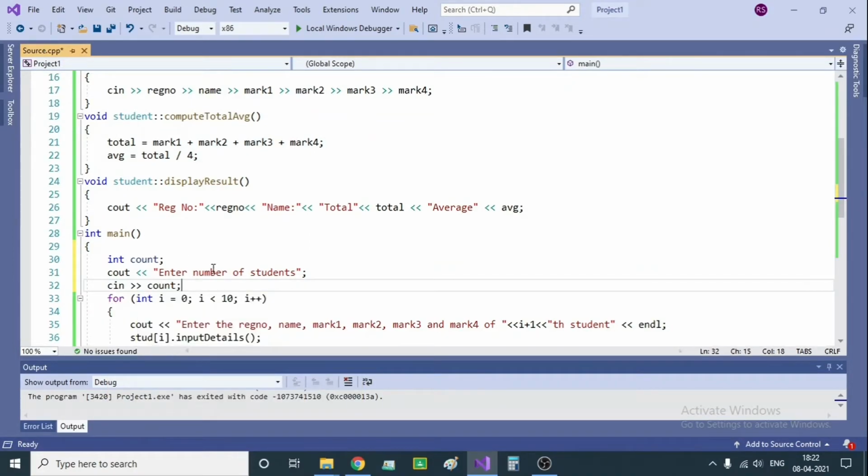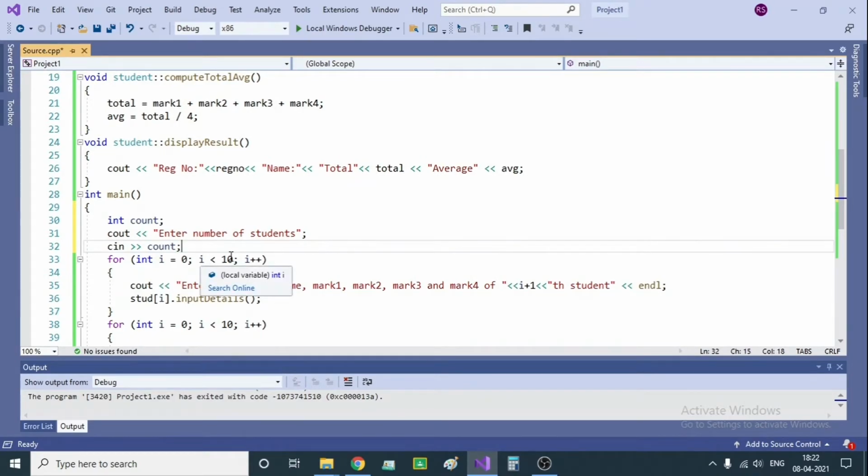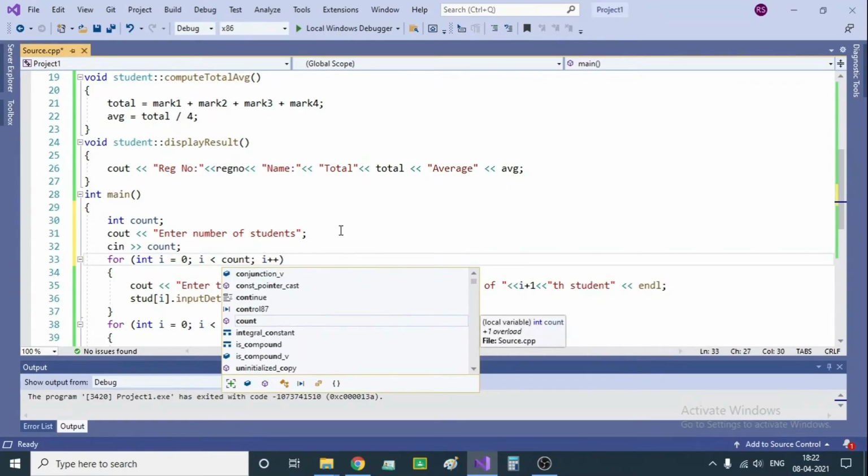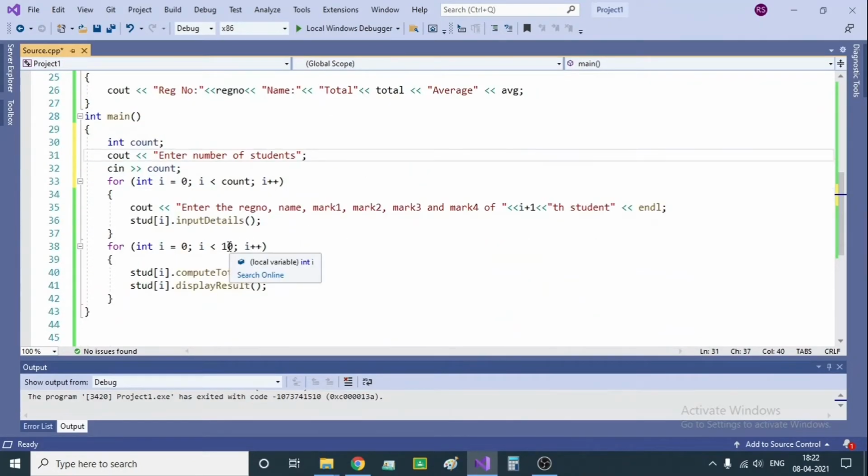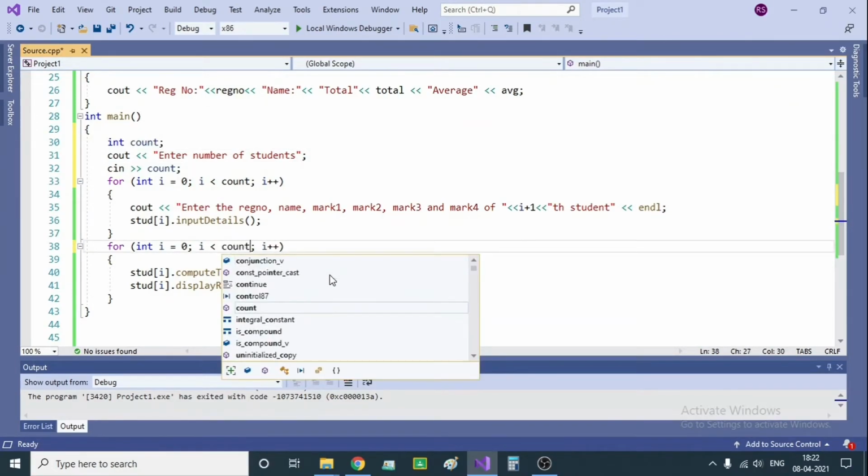So this will be stored inside count, and in the condition, instead of 10, I'm going to put count. So whatever be the value entered by the user, that will be the maximum number for which the input will be taken.